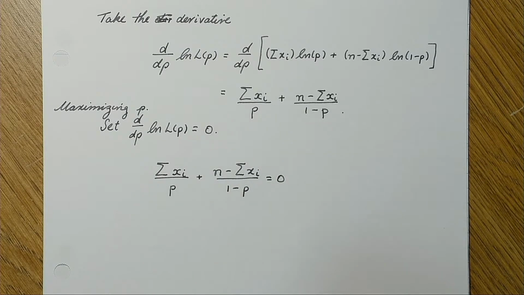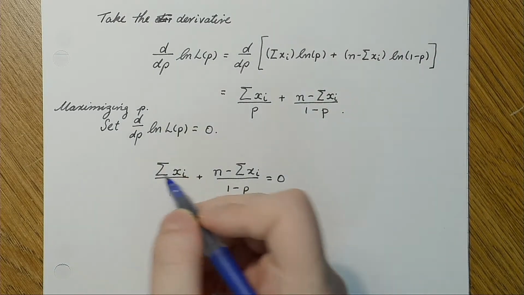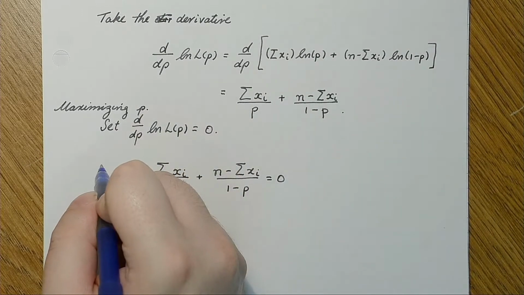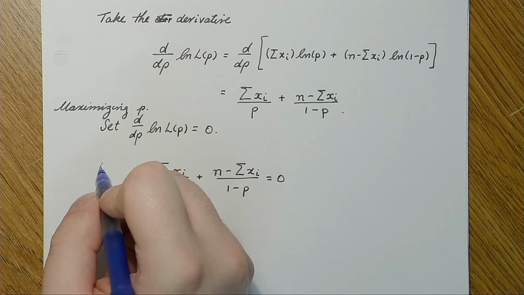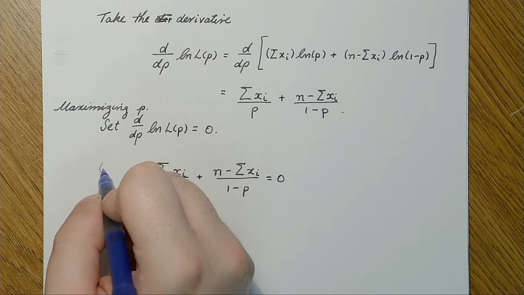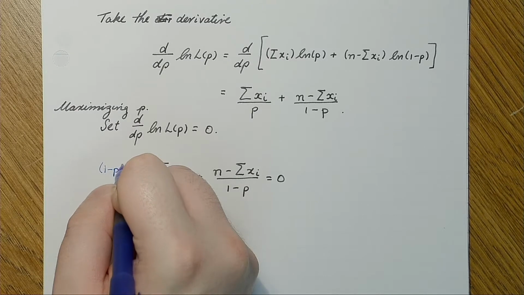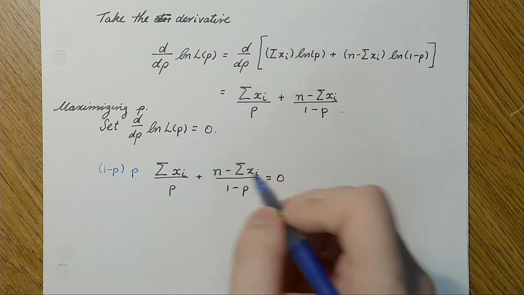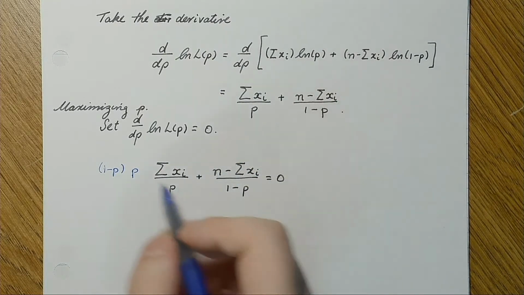Okay, so now we need to clear out this fraction here. The way that we can do that is we'll multiply through by, let's see, we'll multiply by 1 minus p and p. Same thing here. We'll multiply. Okay, so